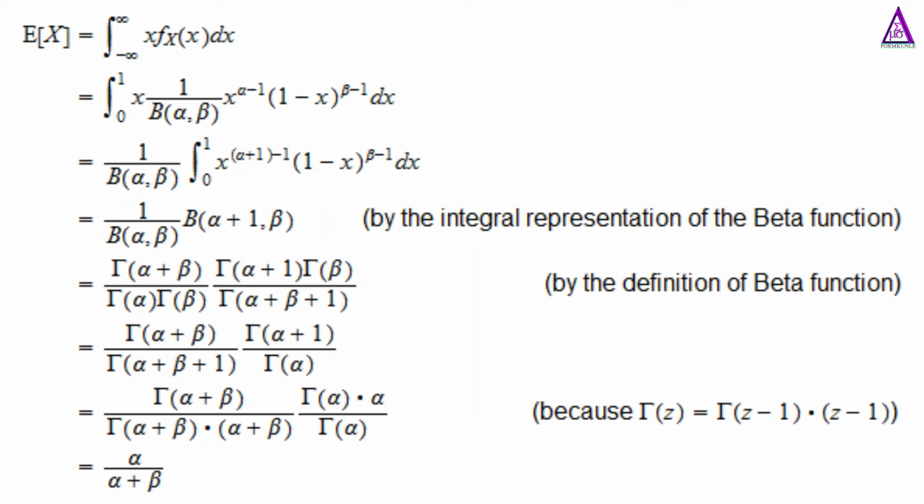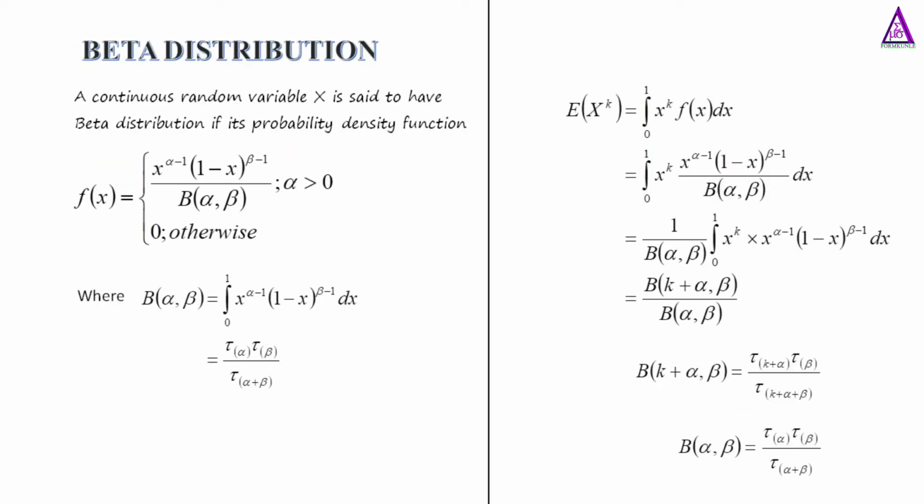Today, I would like to discuss how to obtain the mean and variance of the beta distribution. A continuous random variable x is said to have a beta distribution if its probability density function f of x is equal to x raised to the power alpha minus 1 into the bracket 1 minus x close bracket raised to the power beta minus 1 divided by B of alpha comma beta, and zero otherwise, where B of alpha comma beta